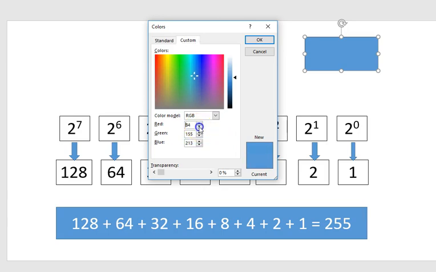I wonder what the minimum is. Let's go all the way down, and obviously the minimum is no red. So this color now only has green and blue in it. If I go upwards, I wonder what the maximum red there is. Counting up, up, up, up, up. 255. Gee, that makes sense. Let me go back again